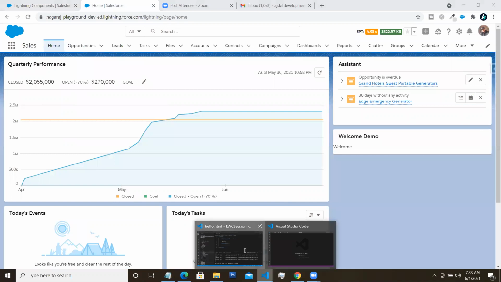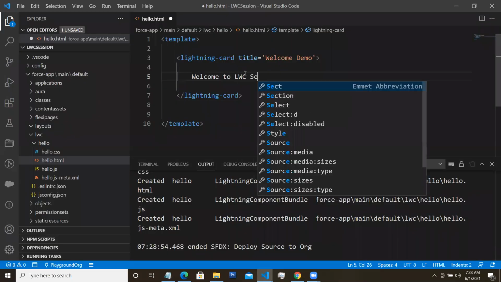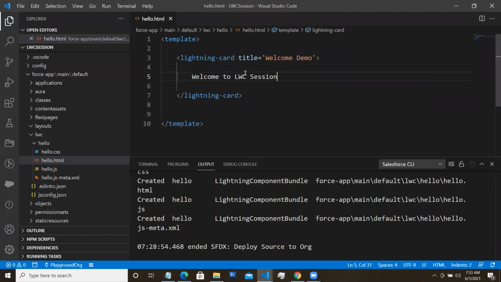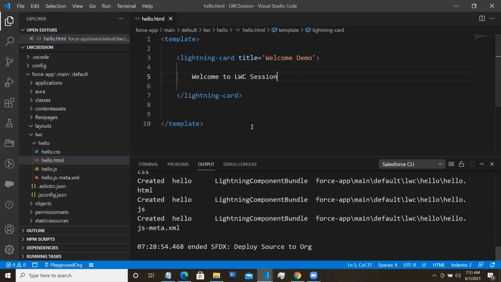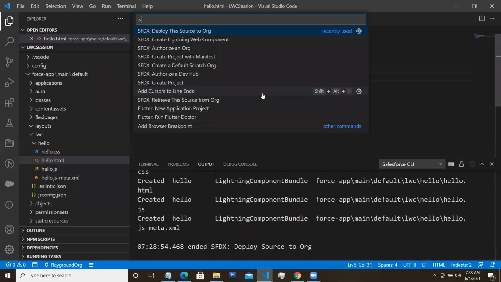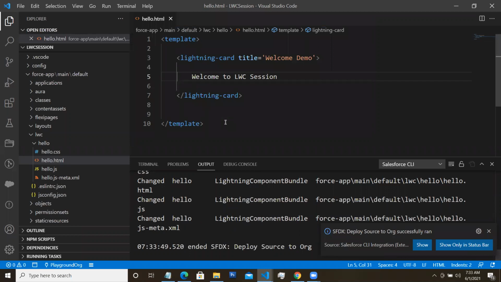These are the basic things. So I'm going to change welcome to LWC session. I'm modifying the things. Once I modify and save it, my modification will not be there. You have to push each and every change to your org. So after some changes, again you have to go for deploy this source to org. Whenever you do some changes,